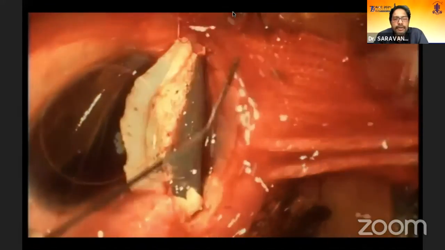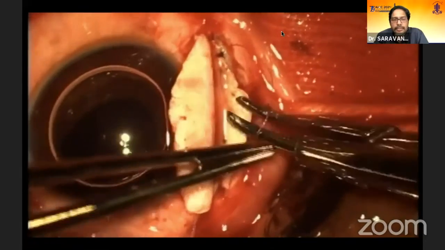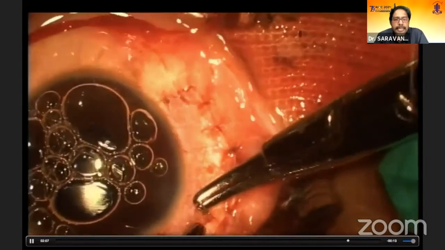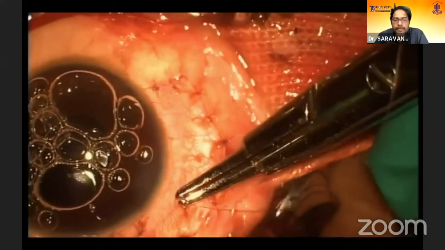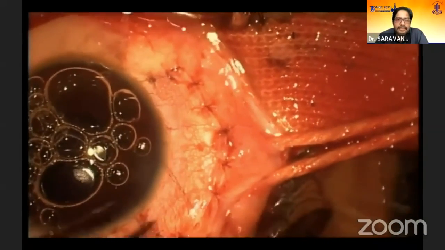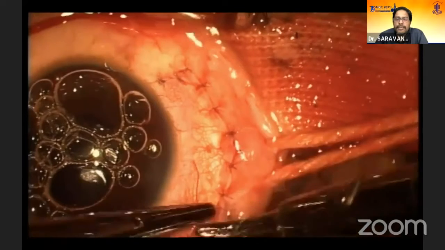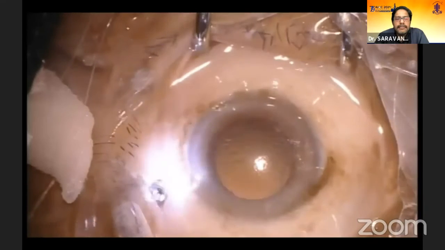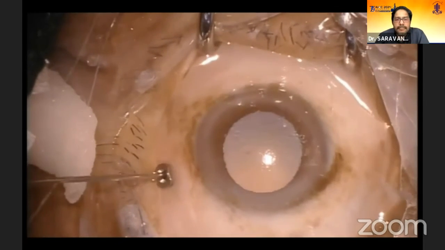But eventually she went in for RD, and we had to do the surgery for correcting the RD. She had developed a small dialysis at the 5:30 clock hour, which was finally dealt with in a second surgery. Both these cases turned out to be medulloepithelioma. This has been shown extensively by the previous speakers, including Maheshwar and Manisha.